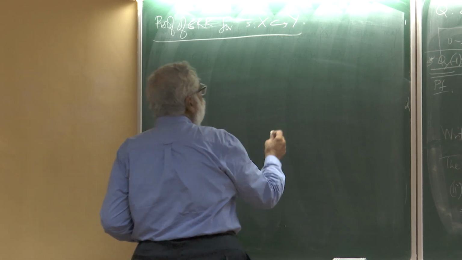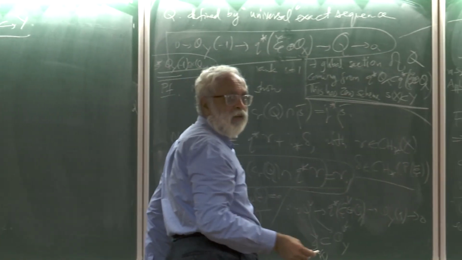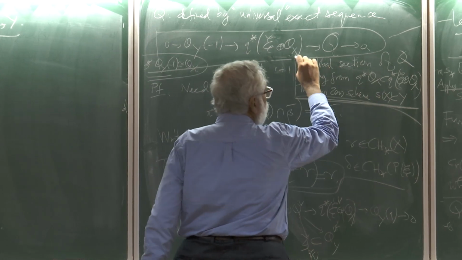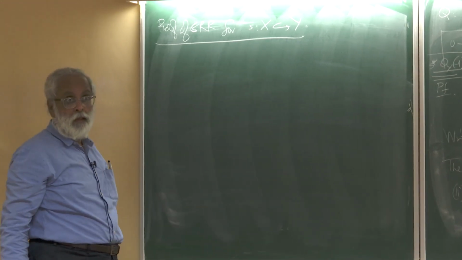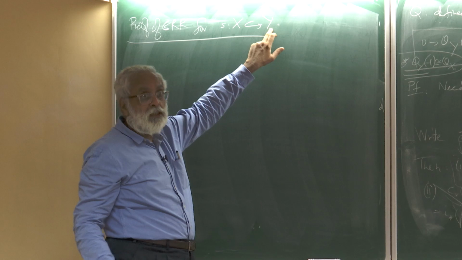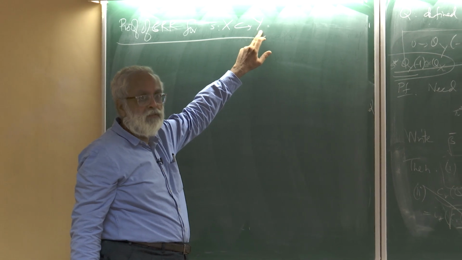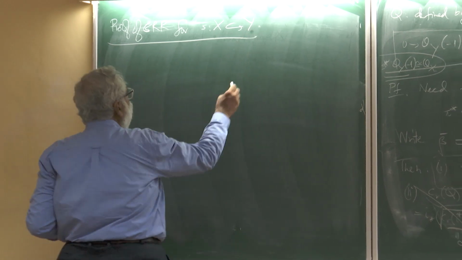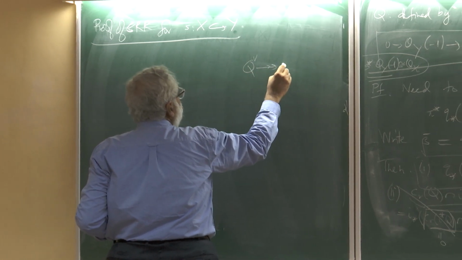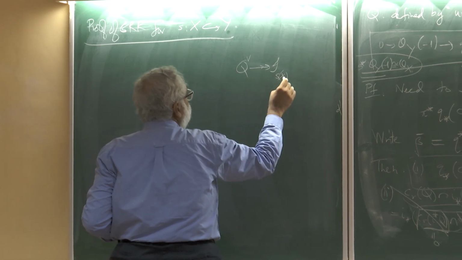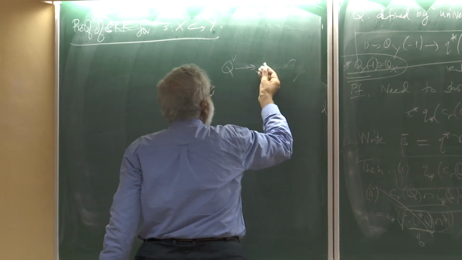Here I noticed that I did point out this key thing which I said is true, and I suggested people might find it an interesting exercise to verify this. This Q came equipped with a global section whose zero scheme is exactly this Sx inside Y. So, this is a subscheme of codimension R in Y, which is the zero scheme of a section of a rank R locally free sheaf. Right? So, in other words, I know that there is a surjection Q dual onto the ideal sheaf of Sx. Or put a different way, I can write a quotient